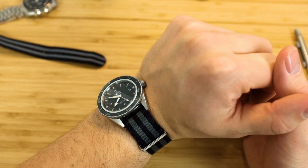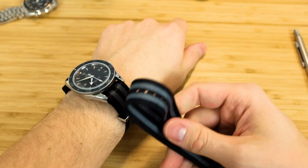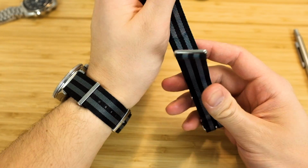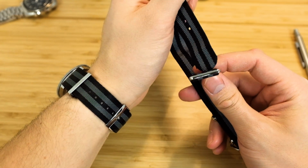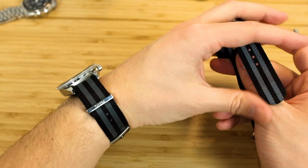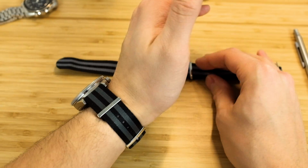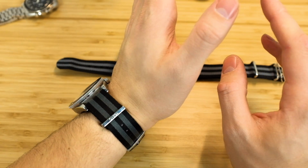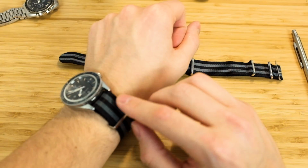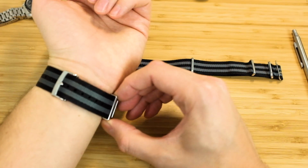So to go into this some more, let's go into the differences. This is the non-official band. I wore this for a while before I bought the Omega band, and it really bothered me. I really wanted the official band. And I'm going to go into a little bit of a taboo subject here. Wearing this band with the actual Omega watch, for me, is a little bit of a taboo thing because